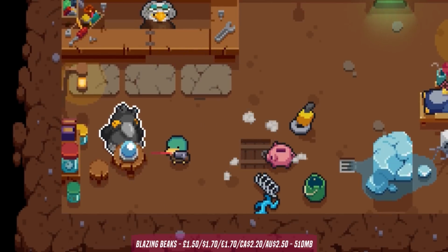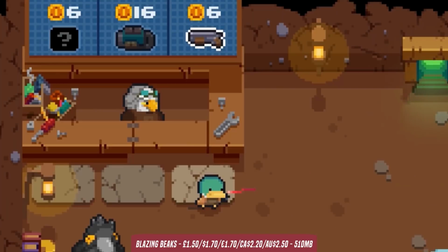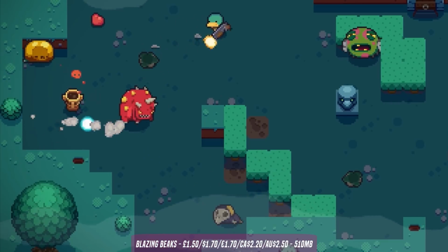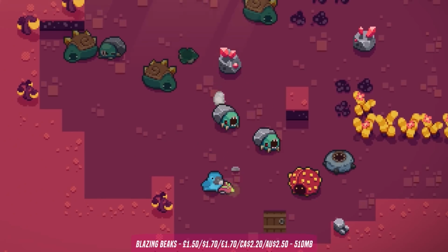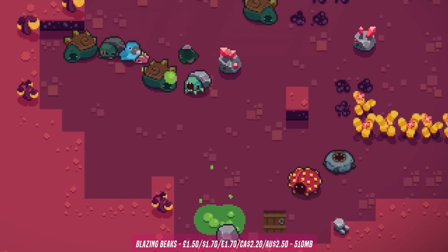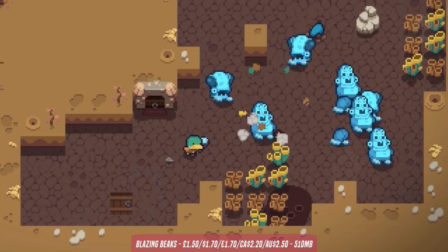But here, if you can keep them to the point at which you reach the shop between stages, you then sell these, which allow you to buy positive attributes or better weapons. It's a system that I didn't actually understand. The game doesn't do a very good job initially of explaining it, but once you get to grips with it,